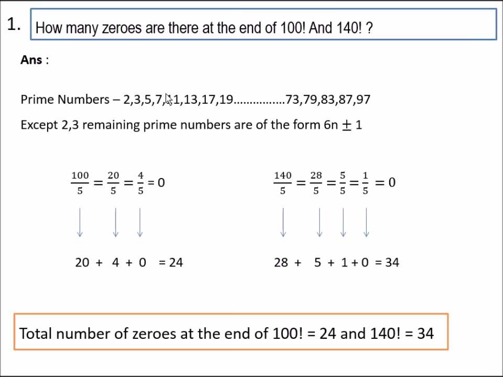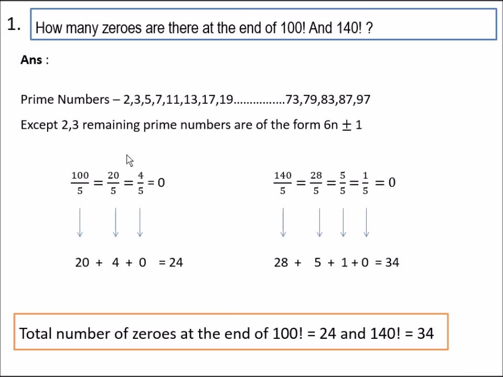So prime numbers in between 100 are 2, 3, 5, 7, 11 and so on. Except 2 and 3, remaining prime numbers are of the form 6n plus or minus 1. That is, 11 is 6n minus 1 and 13 is 6n plus 1 and 17 is also 6n minus 1 and so on. So the shortcut for finding the number of zeros at the end of a number factorial is,